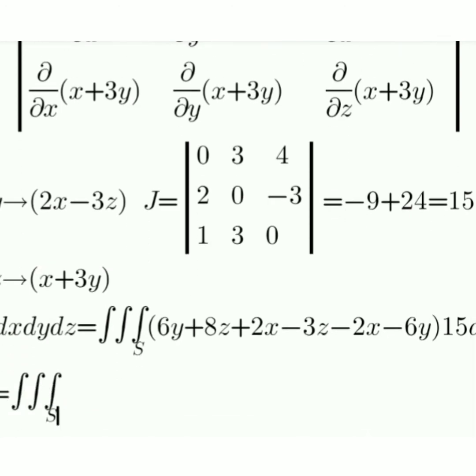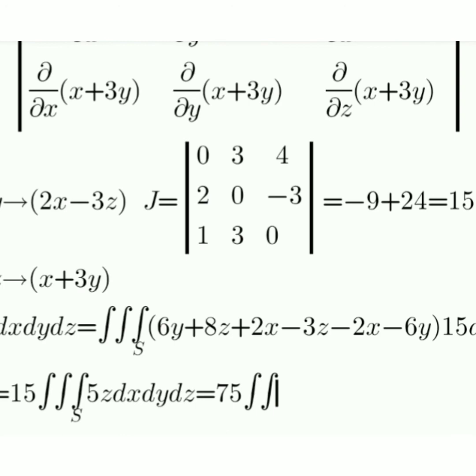Next, whatever I get here, z into dx into dy into dz, and 15 into, and after that if you see that 2x and 2x cancel and 6y and 6y cancel, so whatever I get, 8z minus 3z is equal to 5z. So my value should be 5z, and on the outer side is 15, so my value is 75